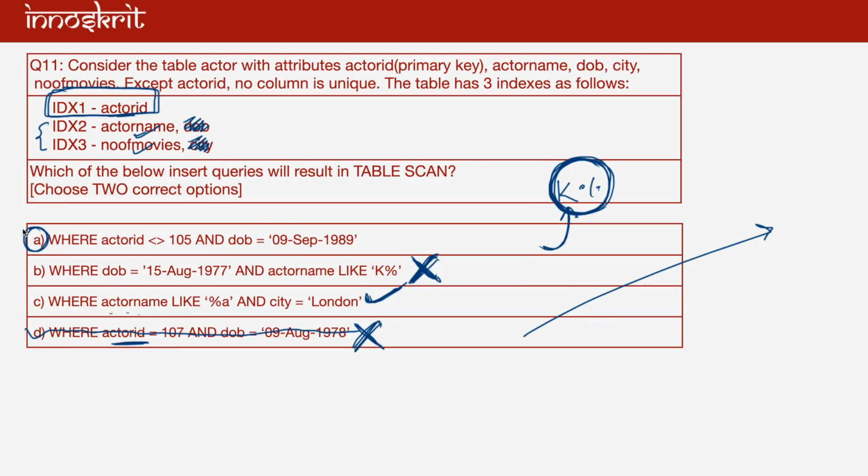अब now let's look at the option number A. Now what is option number A? Now you have actor ID। अब एक्टर आईडी पे तो इंडेक्स हमने बना रखा है। We have formed the index on the actor ID, but let me tell you, indexes always perform on the equal operator and not on the not equal operator. That means if you have mentioned not equal here,